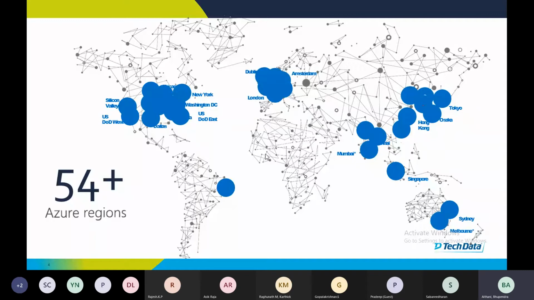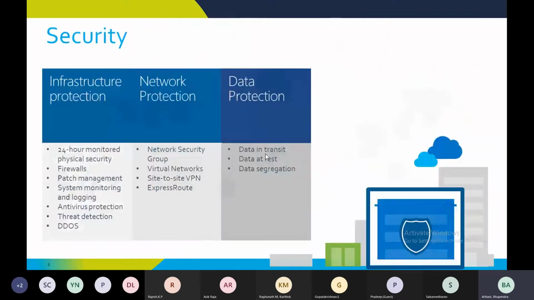So this is all about the regions Microsoft offers. Let's move ahead to the security part of it. Microsoft has bifurcated its security into three parts: infrastructure protection, network protection, and data protection. Microsoft offers a layer-by-layer approach to security, which means